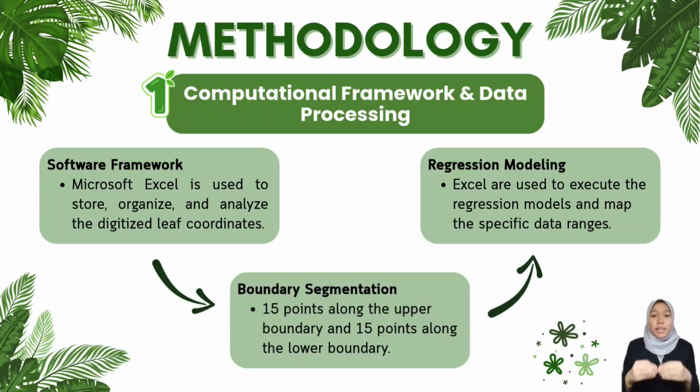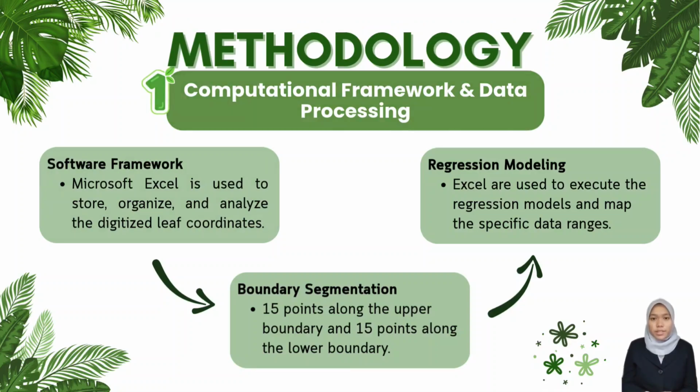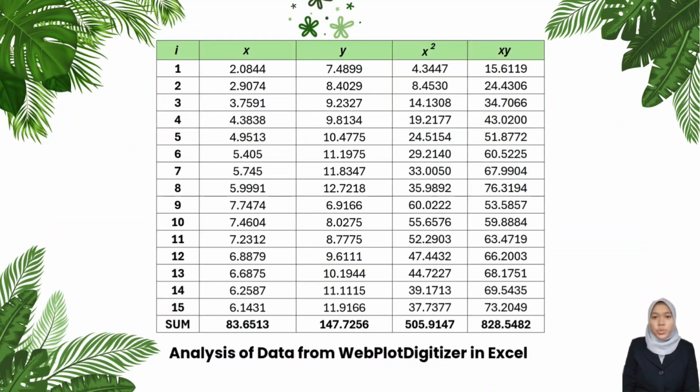Then, to maintain a single-valued function, we split the leaf into two segments, which are 15 points for the upper boundary and 15 points for the lower boundary. From the points, we then executed the regression model and mapped the specific data range. As we can see, the slide shows the analysis of the data table in Excel,